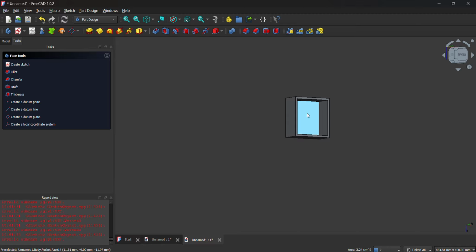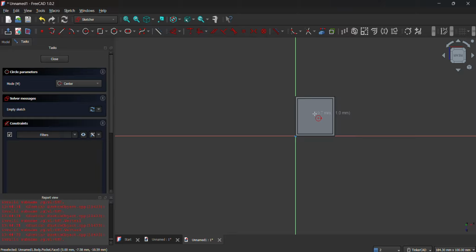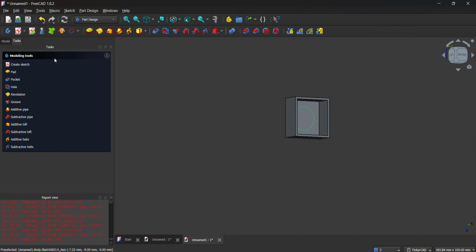Okay, let's create a sketch here. Of course, the first step is click the plane and then create a sketch. Then, just like what we did a while ago, which I erased because it's not yet the step, let's create a circle that is 12 mm. Make sure it's at the center by clicking this one, and it must be 10 mm, and this one and this one must be another 10 mm. So it's green. So it's a signal to proceed to the next and close.